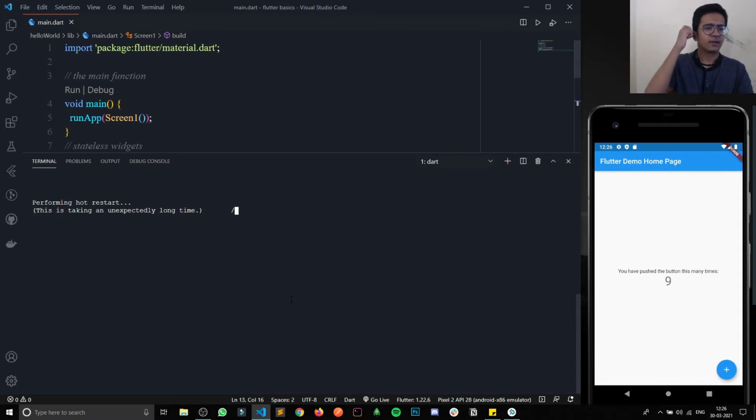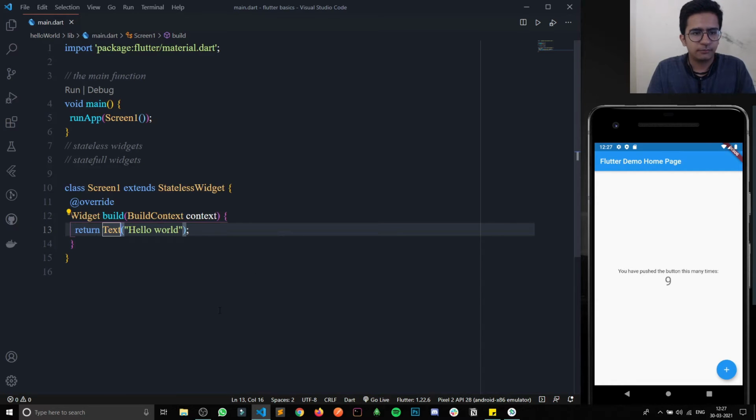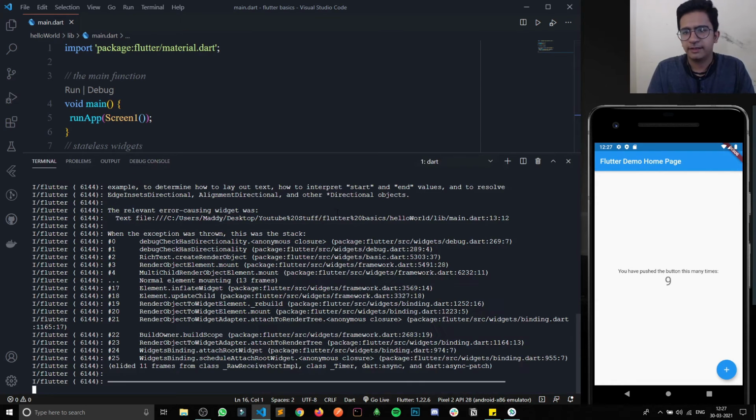Okay, so I have pressed capital R, it will launch the whole app. So just a second. It's going to look very ugly, but it should work at least, right? Come on.